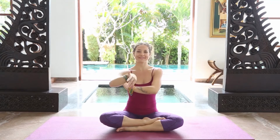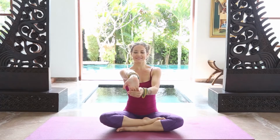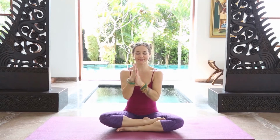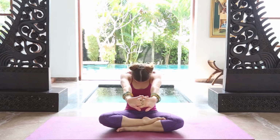And then let's continue to stretch the wrist, pulling it all the way back, and then the thumb and all the fingers. Circle the wrist around, shake that out, and feel that as you rub your hands together, and then make a little figure 8 quickly through the wrist. Pressing out,